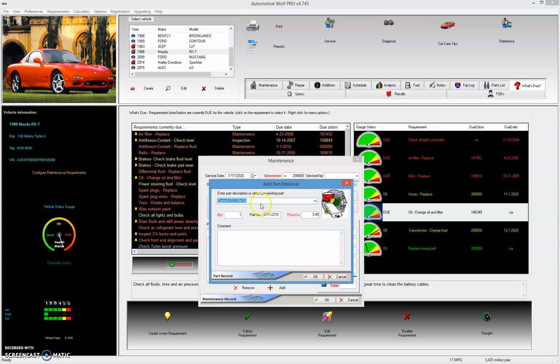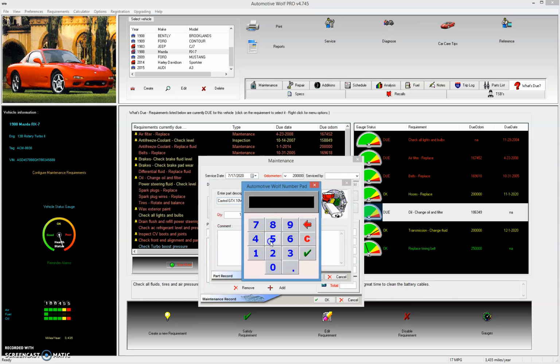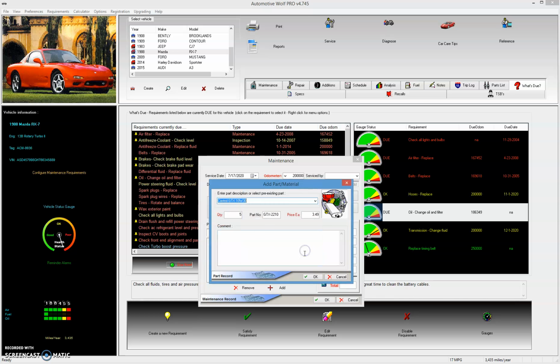Since we're selecting something that was already in the parts list, you can see some of this information, part number, price, etc. has already been filled in. You can change any of these things for this particular record, which is what we're going to do now. So it doesn't just require 1 quart of oil, it requires 5. So click on the quantity, select 5, check mark, and you see that we now have 5 quarts of the